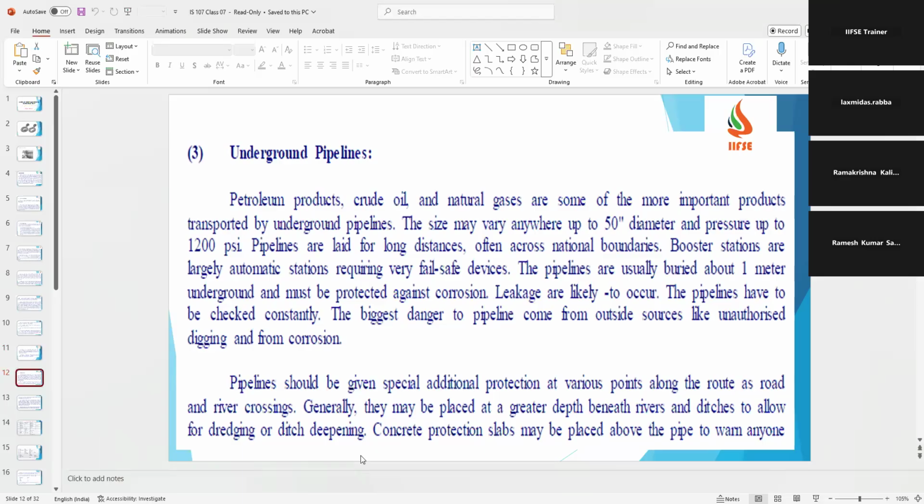Then underground pipelines. Petroleum products, crude oil, natural gas, and some other important products are transported by underground pipelines. The size may be up to 50 inches in diameter, with pressure up to 1200 psi. The pipelines are laid for long distances, often crossing national boundaries. Booster stations are largely automatic, requiring very fail-safe devices. The pipelines are usually buried about 1 meter underground and must be protected against corrosion. Leakages are likely to occur, so the pipelines have to be checked constantly. The biggest danger is to the pipeline